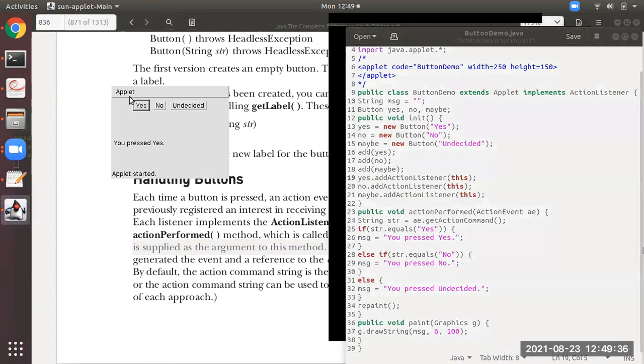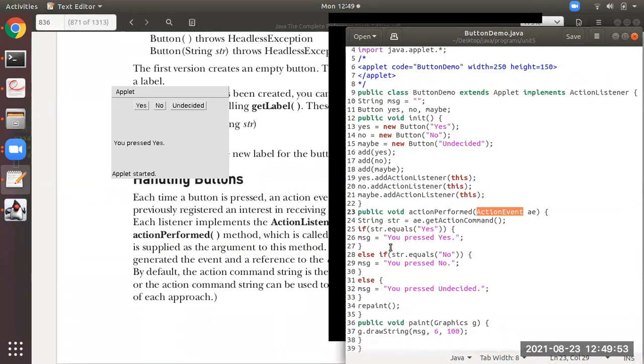When a user presses yes, it will call the actionPerformed method, and this ActionEvent class will receive what kind of event source has been generated. So that particular event will be captured by this method, getActionCommand. That getActionCommand will capture the label yes, and that is stored in this variable str.